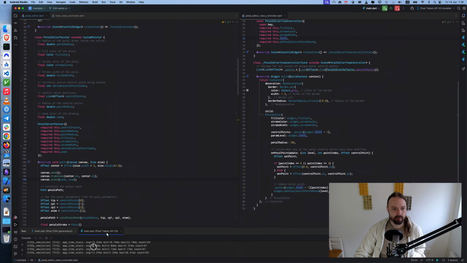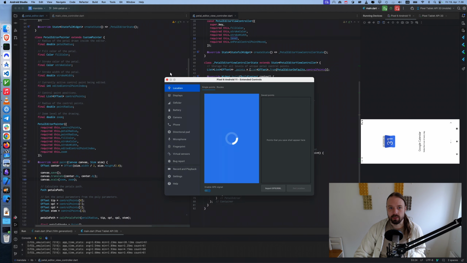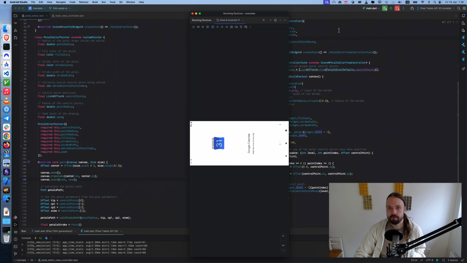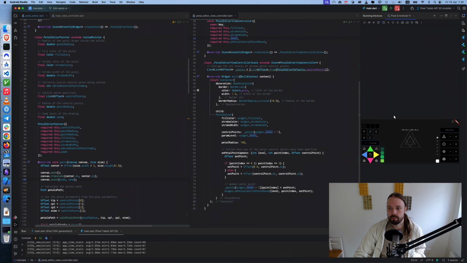Okay, it's running somewhere, but where is the emulator? Is it here? Oh shit, it opened here. I don't want to open it here. No. How do I put it like a different window? Here. And okay, well, I don't know.